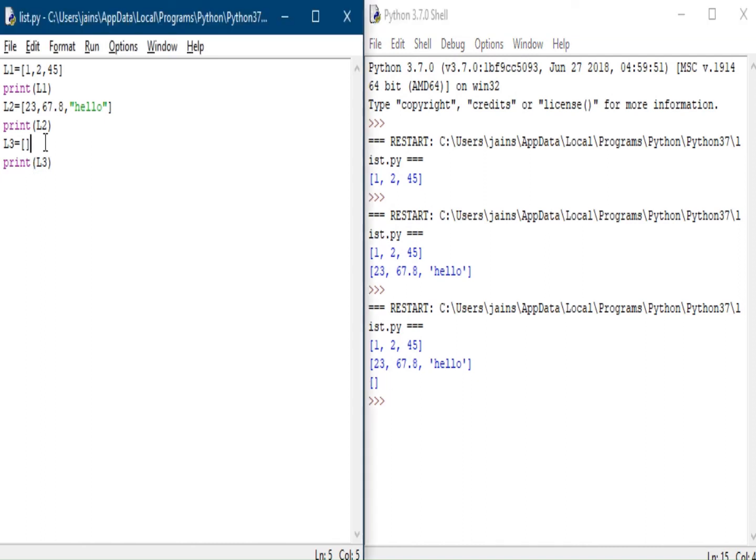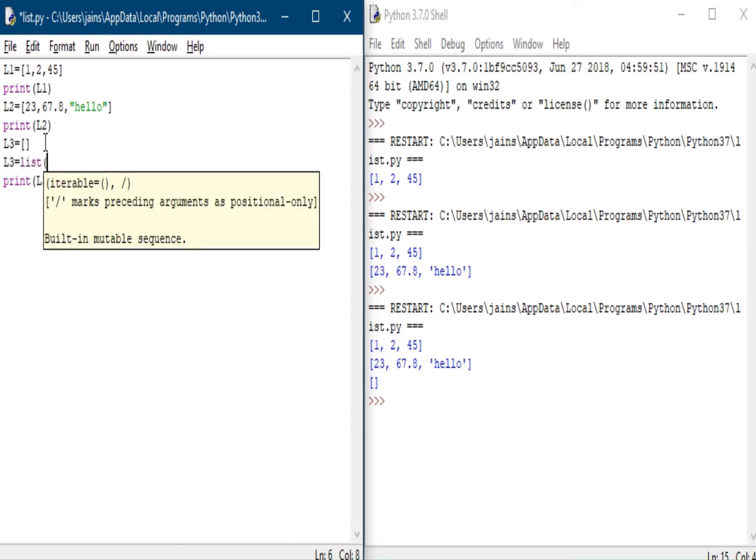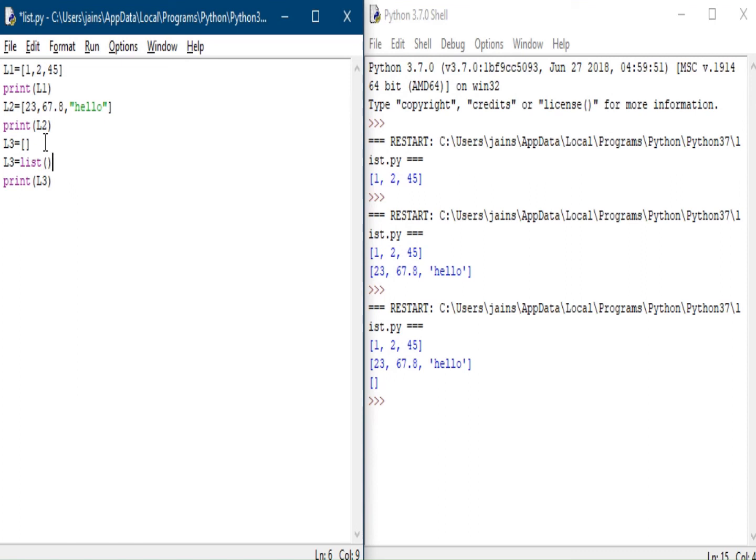If you want to add elements to this list L3, you can use the list method. Use the list name equals to, then the list method, simple brackets will be used, and inside simple brackets again you will use square brackets for adding the elements.